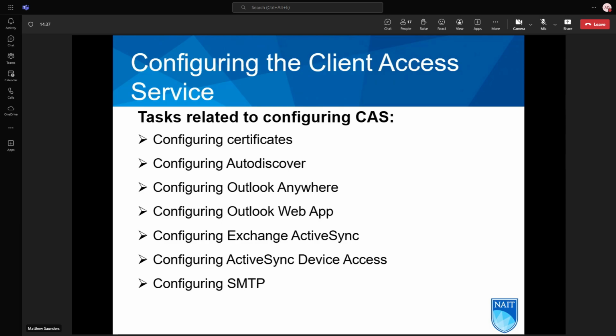Configuring Outlook Anywhere, I'll talk about that a little later. But that's basically a marketing term, okay, which describes a couple of protocols which are used by Microsoft, which they don't really share all the details about. Configuring Outlook Web App, that's something that you can do with CAS. We do that a little bit, but not too much. Configuring Exchange ActiveSync, we're not really going to mess around with too much, unless we get